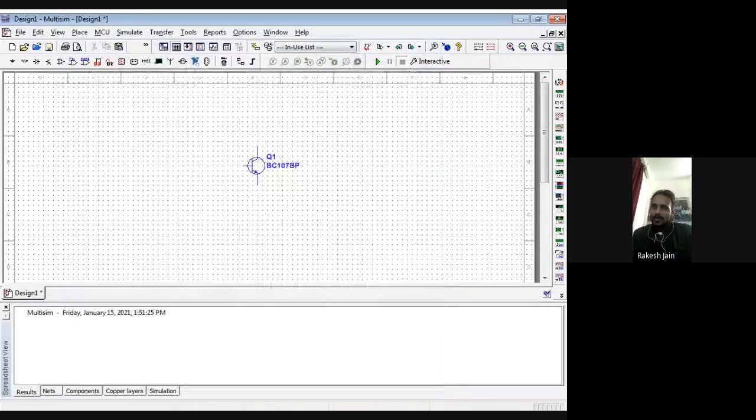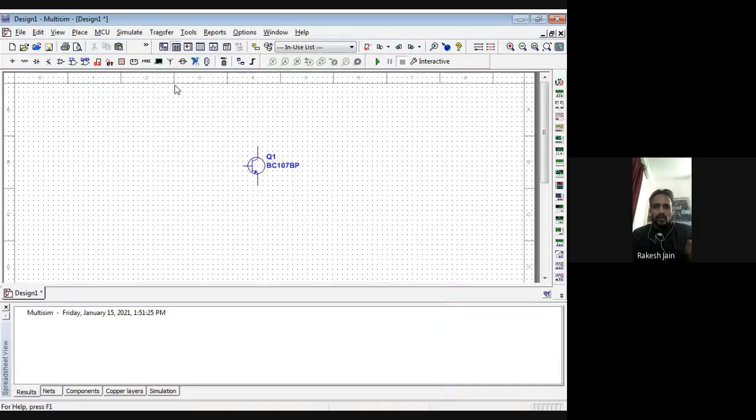At the emitter side, connect a 560 ohm resistor. How these values come, we have already discussed in the case of designing. Now we are going to do the practicals. So at the emitter side, connect a 560 ohm resistance, and at the collector side, connect a 2.2 kilo ohm resistance.